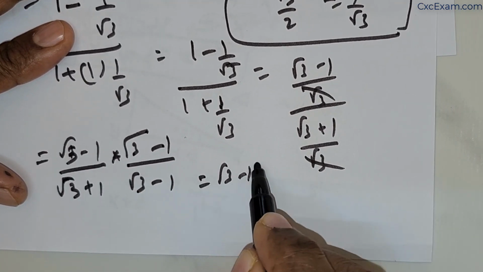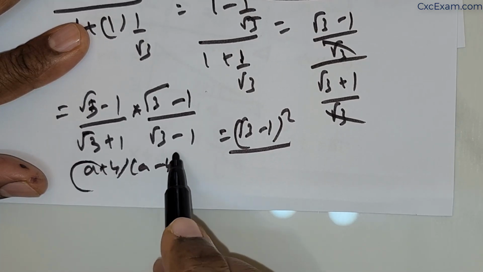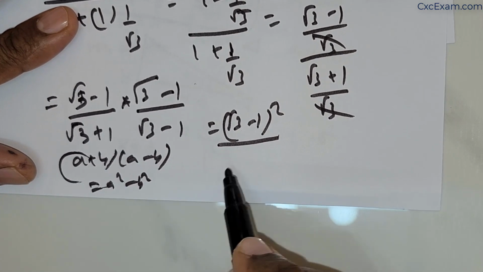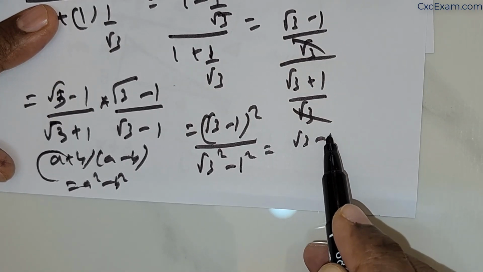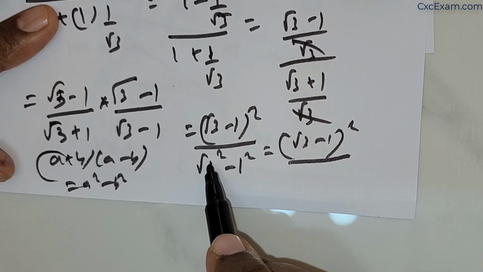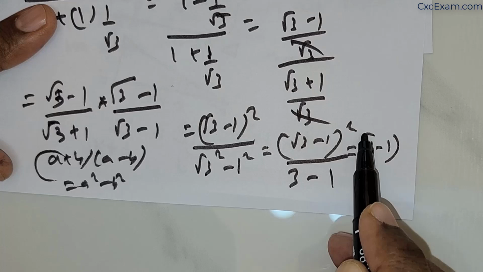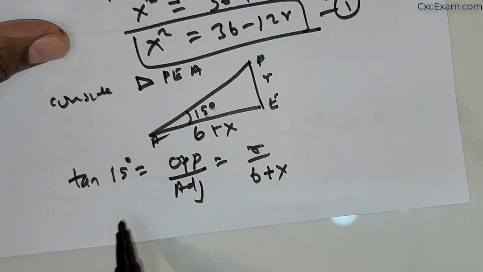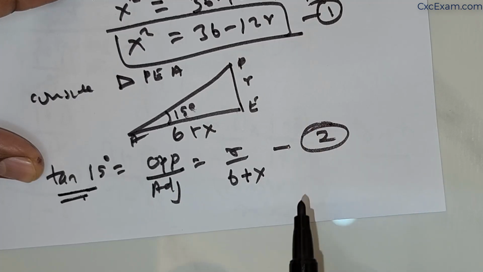This is going to be root 3 minus 1 whole squared. Now this is a plus b times a minus b. This is going to be a squared minus b squared, which is root 3 squared minus 1 squared. Root 3 squared is 3, 1 squared is 1. So you have root 3 minus 1 whole squared divided by 2. We have to take that value and place it here. So if I were to take this as 2,